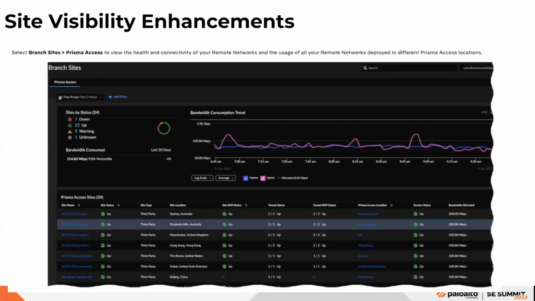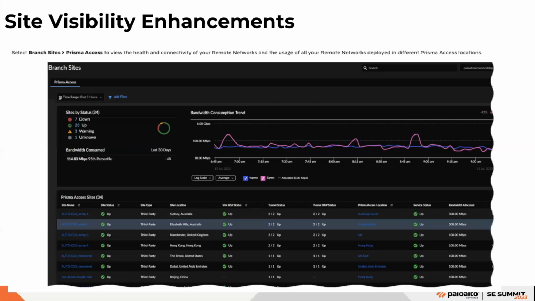You can filter by compute location, by a site name, group of sites, and a lot of other metrics. In each case, what you will see in the bandwidth consumption is all the sites that reflect the selection made by the filter. For instance, if you had a compute location and instead of these 34 locations, you had say 10 sites at that specific compute location, you will see the aggregate, the bandwidth consumption trend for those 10